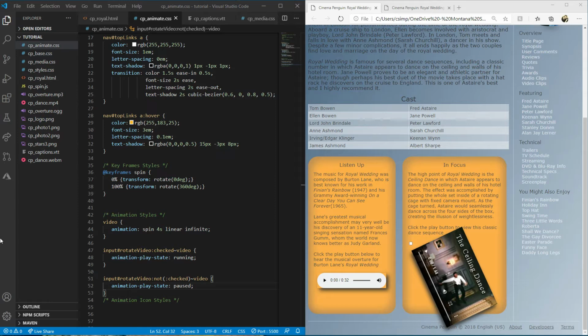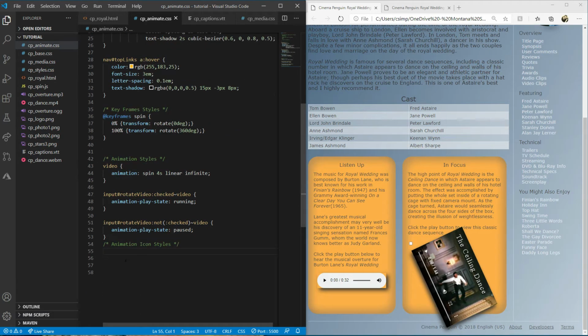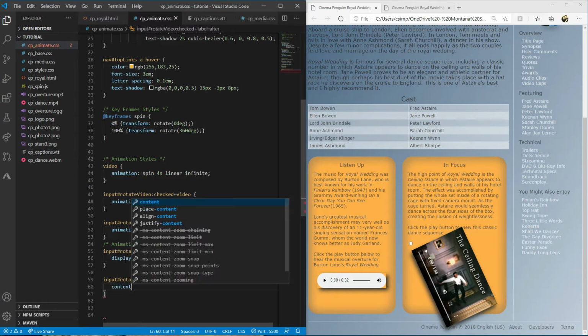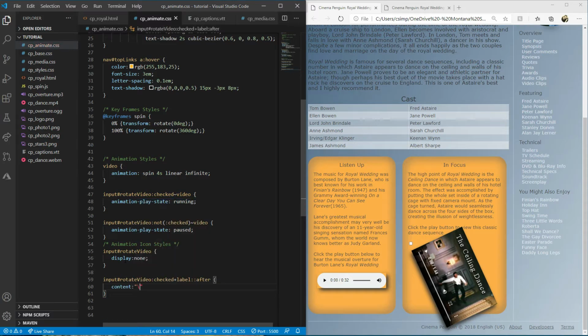So we're also going to add a little icon for the start stop instead of using the checkbox, which we can do. So we are going to go down to the animation icon styles, because this is where we're going to be putting them. And we are going to say our input, rotate video, is not going to be shown up. So we're going to say display none. Then we're going to say input, rotate video, if it's checked, make the label after have the content of \270B;